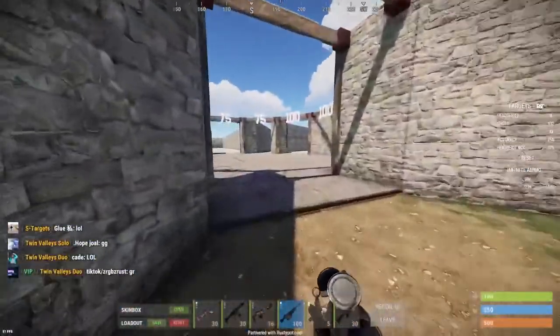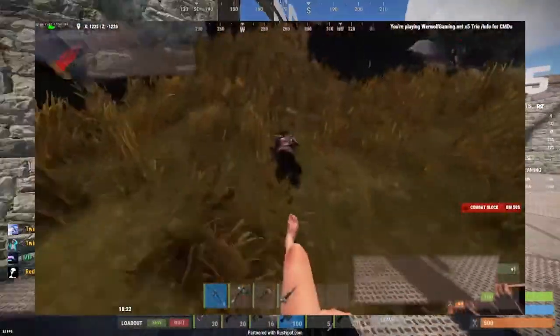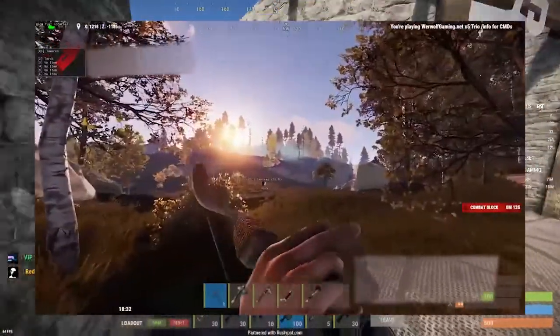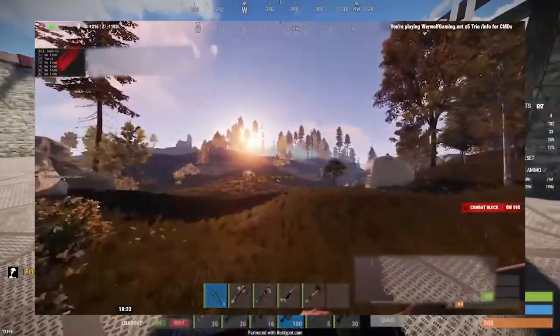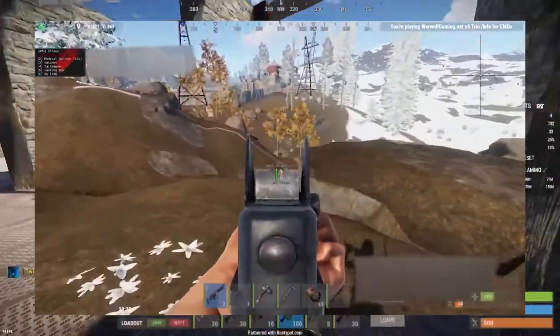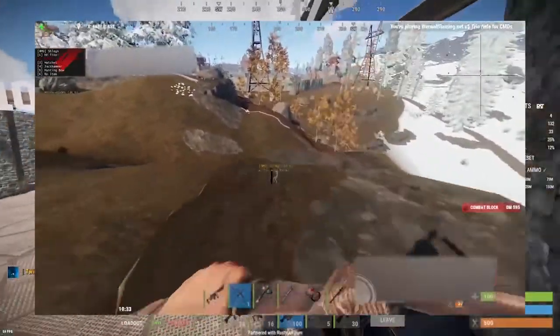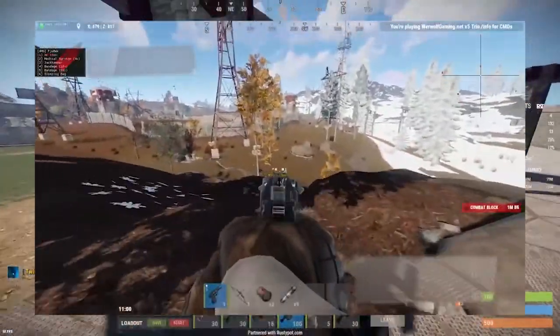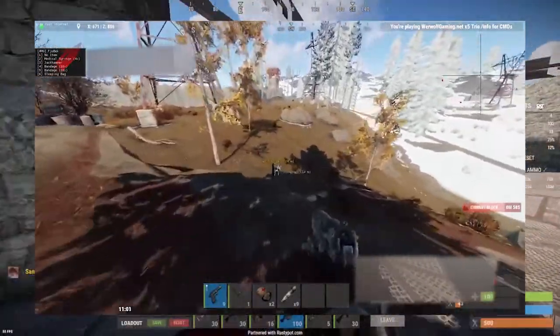And yeah, ESP is pretty nuts. You can literally see anyone through walls. This is not just in Rust, this is in pretty much every game, especially competitive shooters. Rust is not a competitive shooter, but you know what I mean. It's probably one of the best cheats, probably second to aimbot. Obviously aimbot's a little bit better, but ESP is harder to catch for admins, and it's harder to ban for